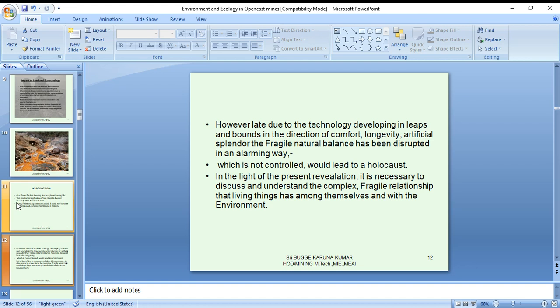In the light of the present revelation, it is necessary to discuss and understand the complex, fragile relationship that living things have among themselves and with the environment. This is a very important aspect of concern.